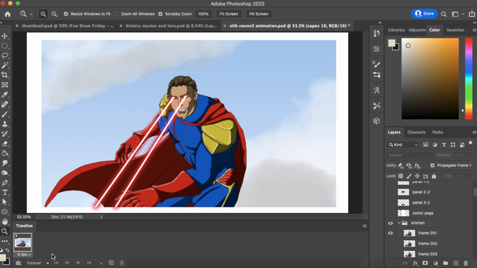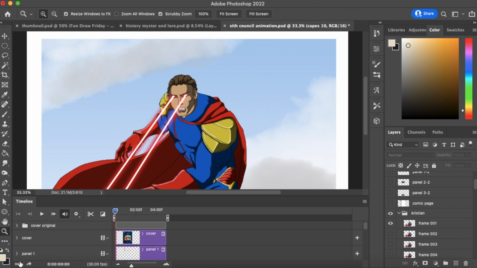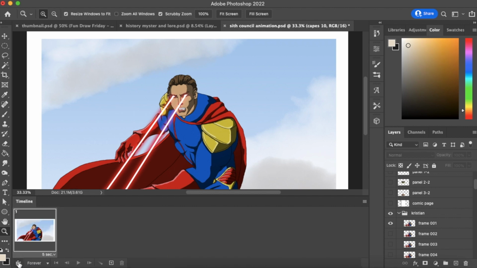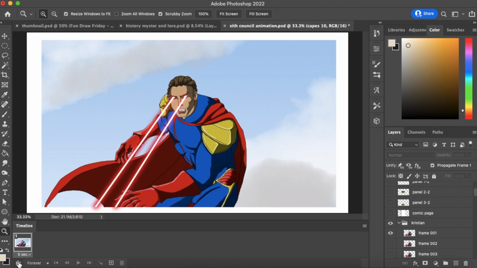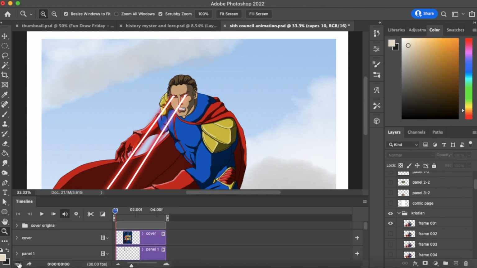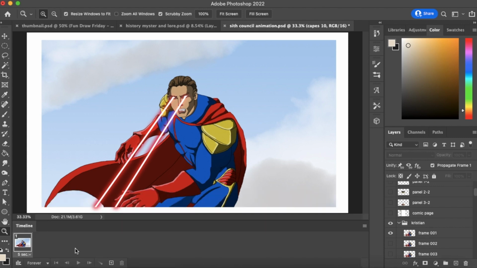You want to make sure that this little button down here clicks back and forth, and it'll change it to an actual frame. So this little button down here is convert video to timeline. If it's already set up like this, you want to convert to frame animation, right? And then I would just add a new frame,